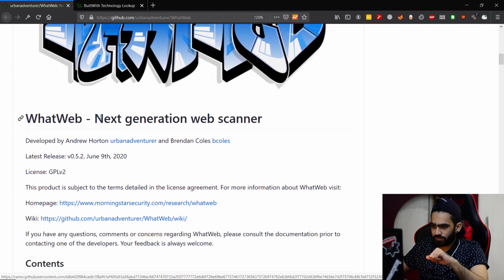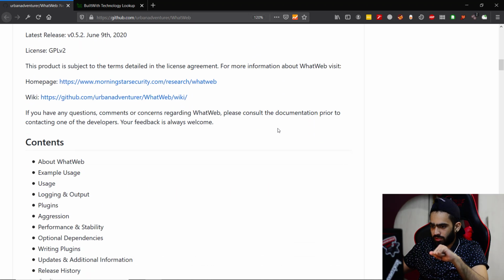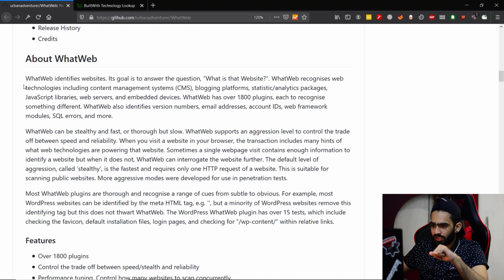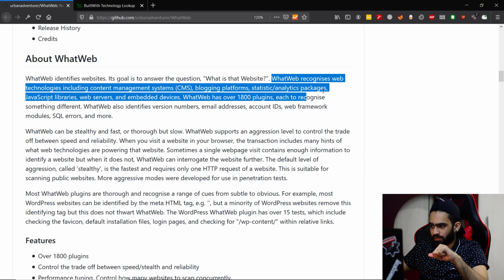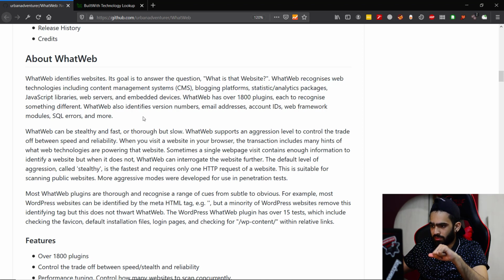WhatWeb is the next generation web scanner. It says WhatWeb identifies websites. Its goal is to answer the question, what is that website? It recognizes web technologies including CMS, blogging platforms, statistics and analytics packages, JavaScript libraries, etc. I'll post the link in the description. You can check it out for yourself.